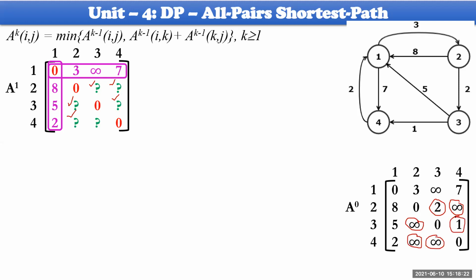Here it is 1. Is there any lesser value or lesser distance than this particular value? So we have to identify. So that is the point here. Let us take into consideration. First, I'd like to identify the cost between these two. Look at this. A power 1, 2 comma 3 is equal to, where should we get the values from? A power 1 minus 1, that is 0.